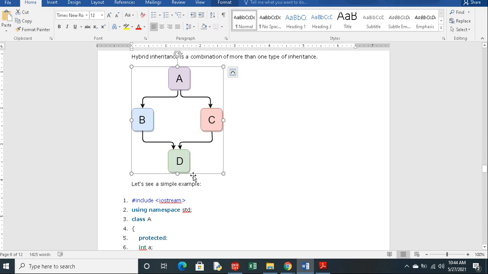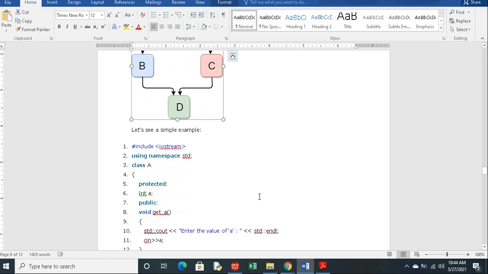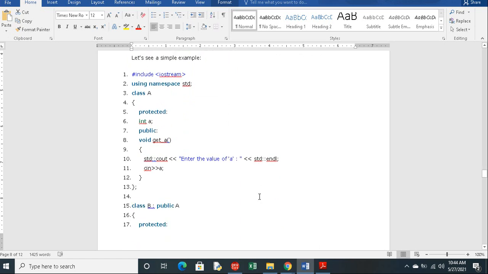So it is getting them from both ends, and the duplication of the contents of A will be there in D. To overcome that duplication, it will allow only one path. For that purpose, you have to make your base class a virtual base class.